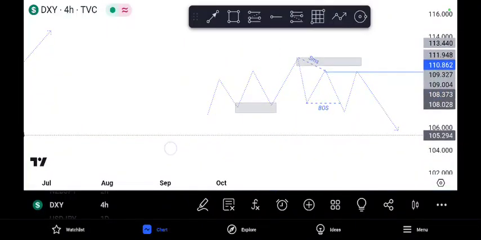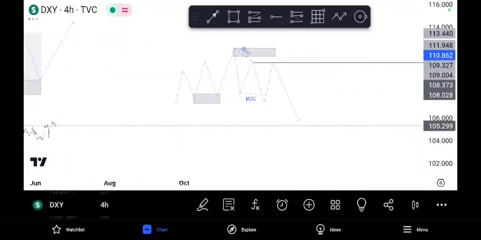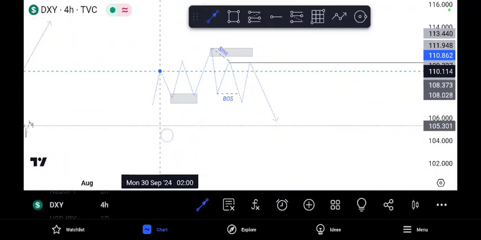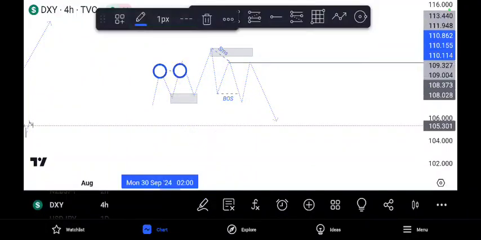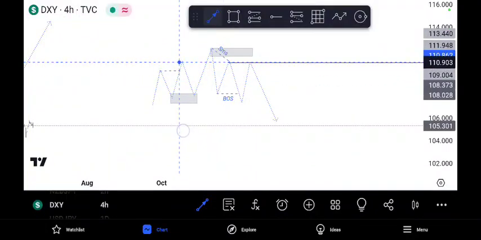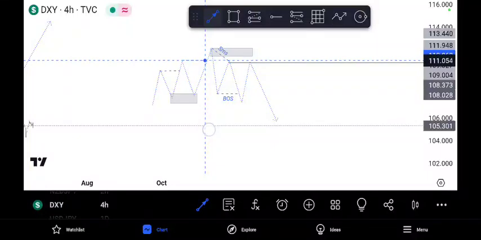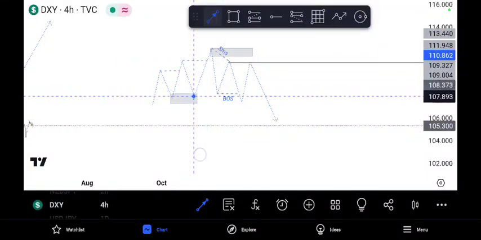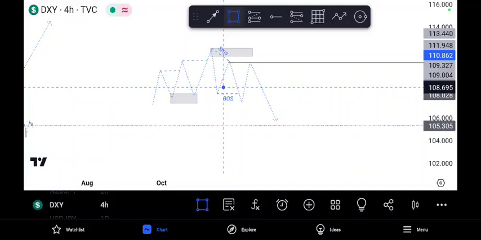Right, it was all respected, and highs were being broken. This was a high broken, and this was a high broken. If you are in my mentorship group, you will get to see this. Then this was a low respected,